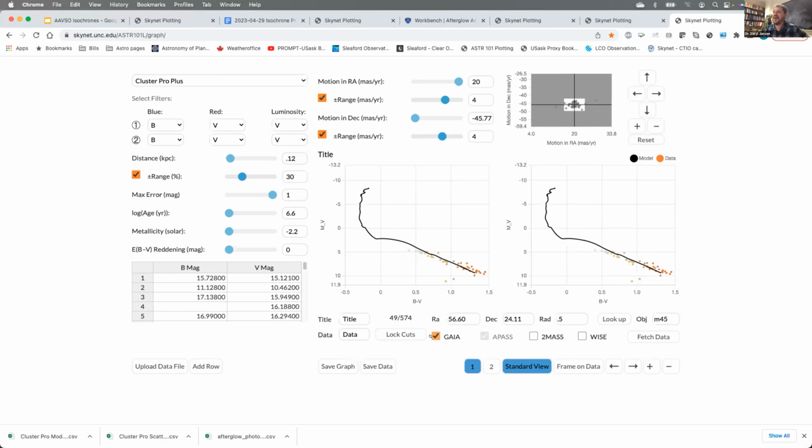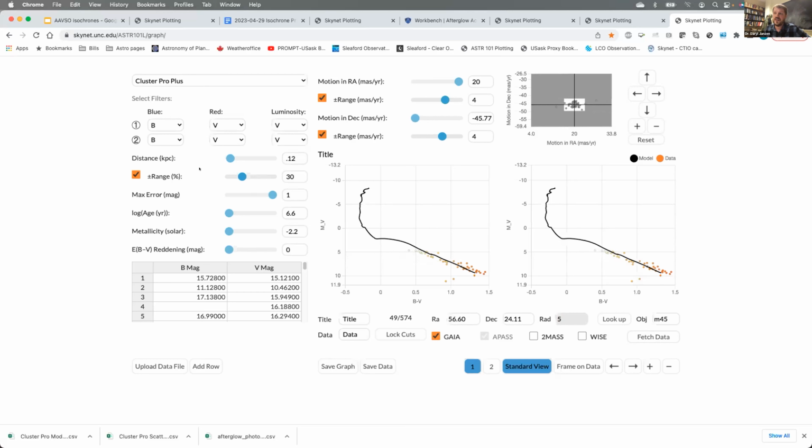Now we can look up Gaia, and the fetch data will only fetch the Gaia data within 5 degrees of this position in right ascension and declination that have proper motions that are in this range and distances that